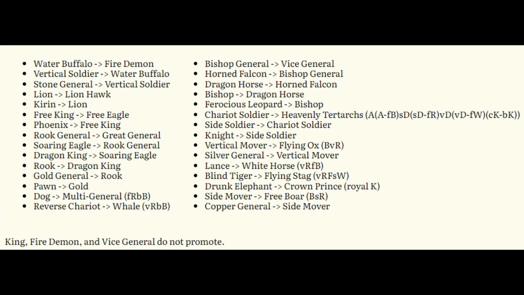free king to the free eagle, phoenix to free king, rook general to the great general, the soaring eagle to the rook general, dragon king to the soaring eagle, rook to dragon king, gold general to rook, pawn to gold general, dog to multi-general, reverse chariot to whale, bishop general to vice general, horned falcon to bishop general, dragon horse to the horned falcon, bishop to the dragon horse, ferocious leopard to bishop, the chariot soldier to the heavenly tetrarchs,